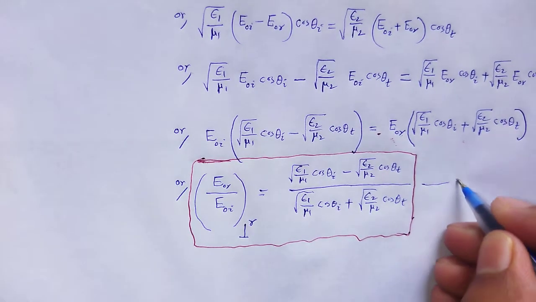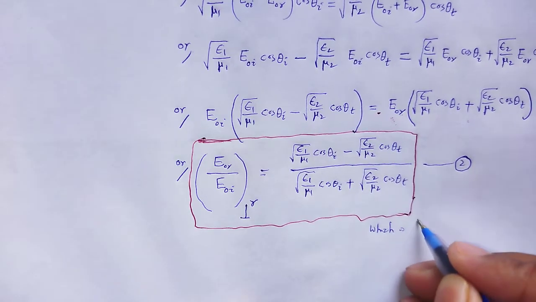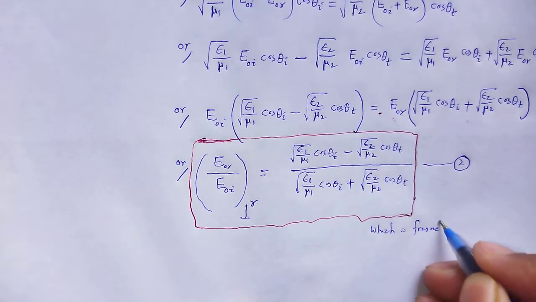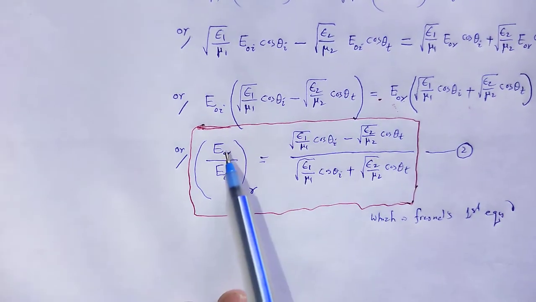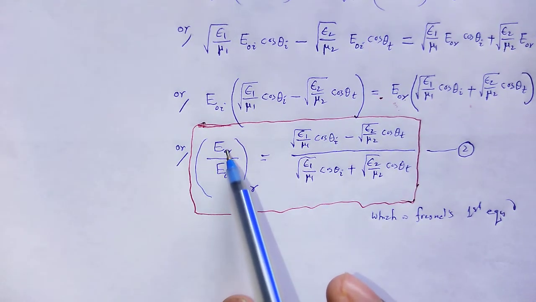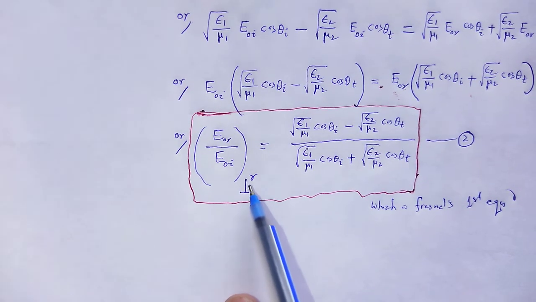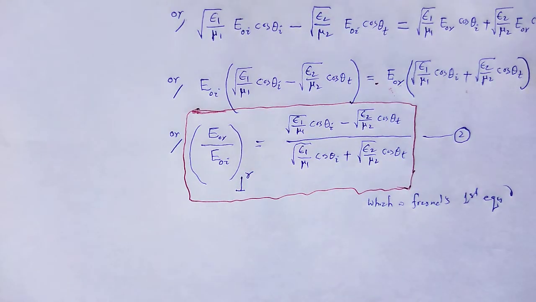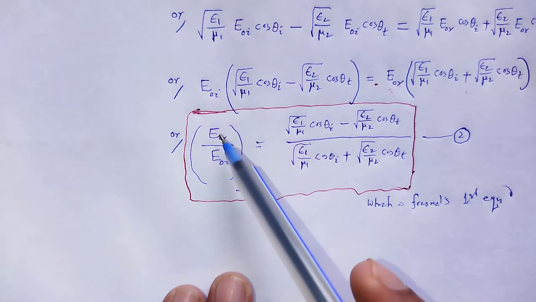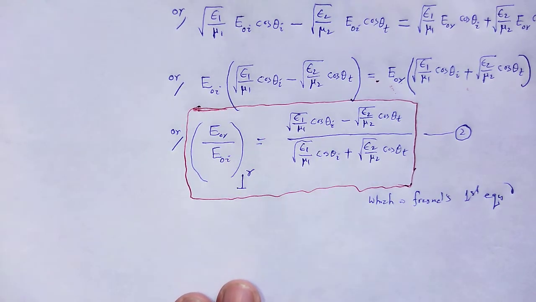Equation number 2, which is Fresnel's first equation, that is the ratio of the amplitude of the reflected wave to that of the amplitude of the incident wave, that much under the perpendicular situation. Next, the amplitude of the transmitted wave to that of the amplitude of the incident wave can be easily calculated